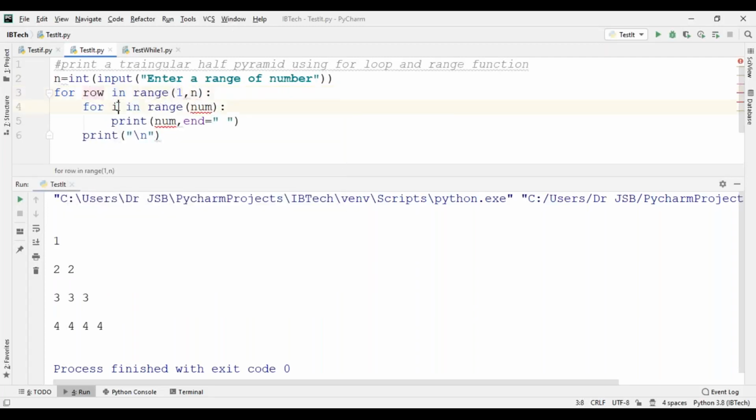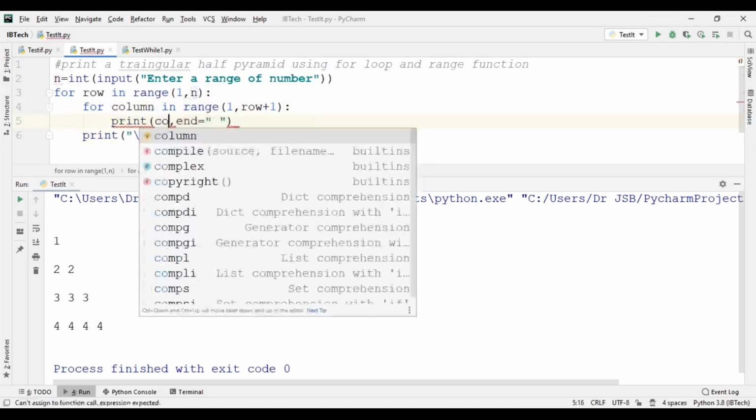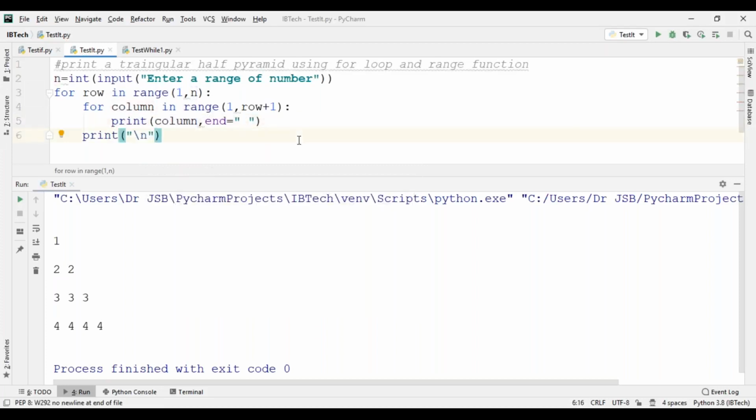For column in range of 1 comma row plus 1, because row plus 1, why? Row is only the given range. Extra one we can add, that is called row plus 1. Print column comma end, same as previous one, but only the half pyramid will come.